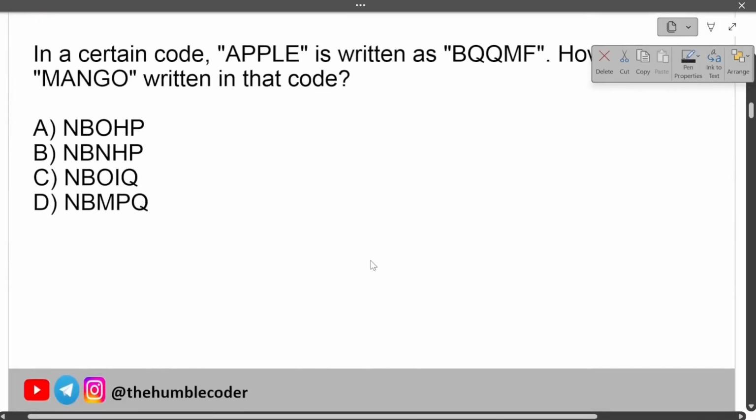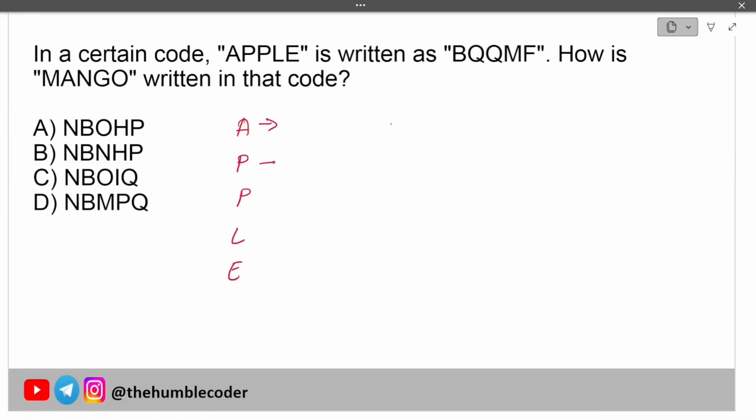So next question is, in a certain code, apple is written as BQQMF. How will mango be written? Okay, so these kinds of questions, if you are not aware how to solve them, let me tell you. So we have one example based on which we have to understand the coding pattern and we have to find out the answer for